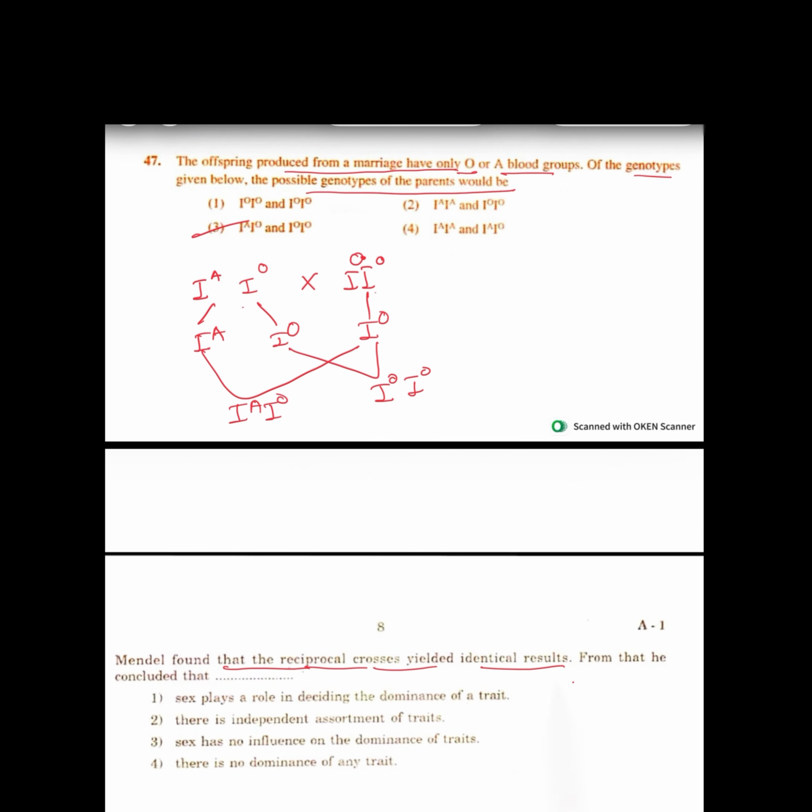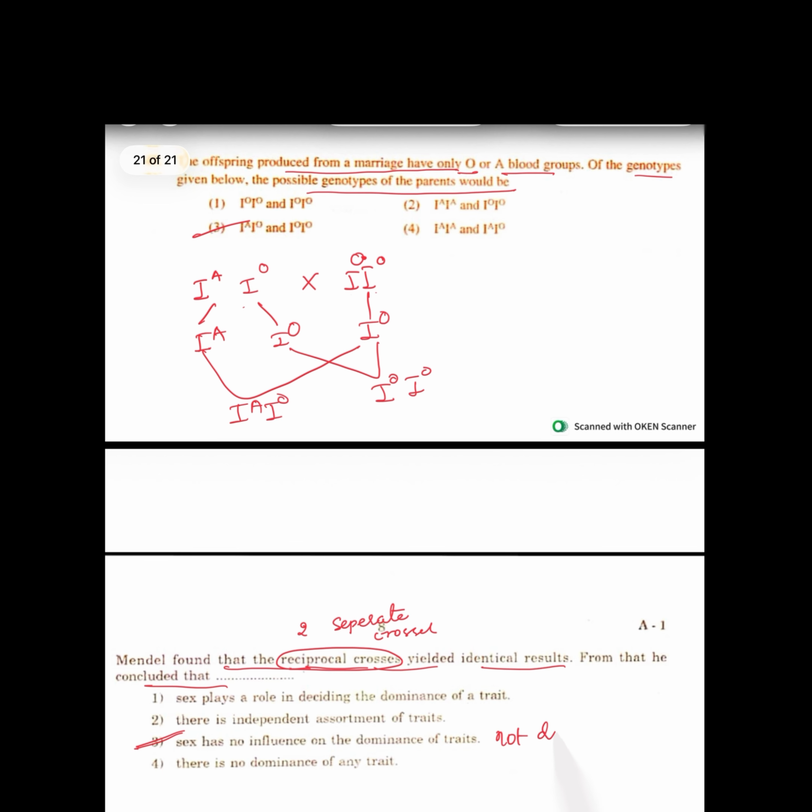So next one, O and A. Cross A and O, you will get, so if you take heterozygous A and O, you will get the 2 different blood groups. One is A, another one is O. So 3 is right. Reciprocal crosses means, so sex has no influence on the dominance of traits. So 2 separate crosses will be called as reciprocal crosses. Here Mendel's crossing